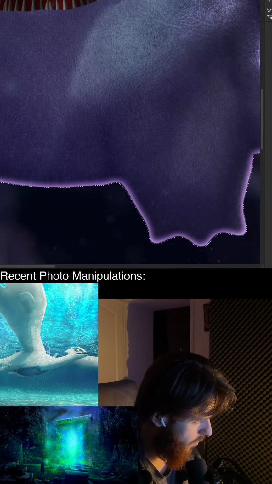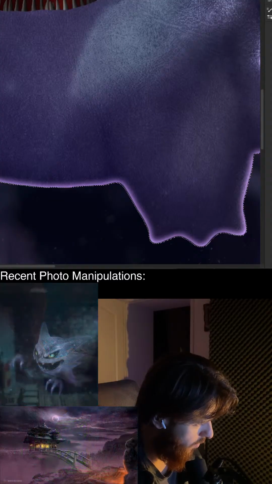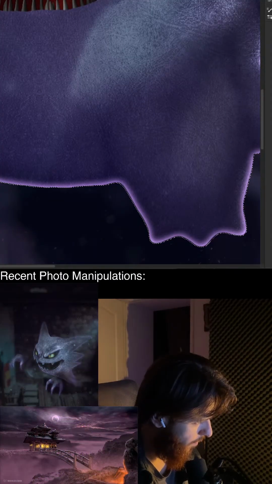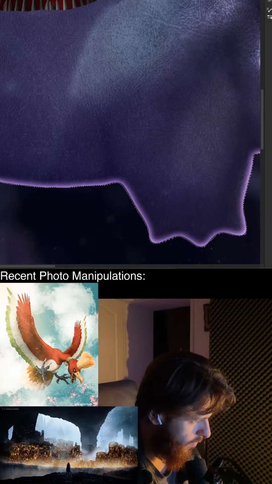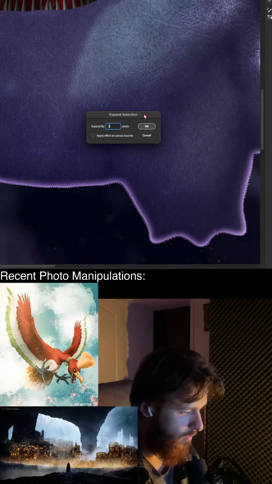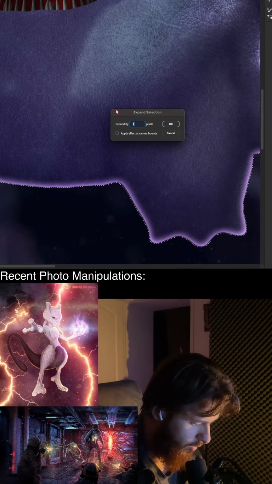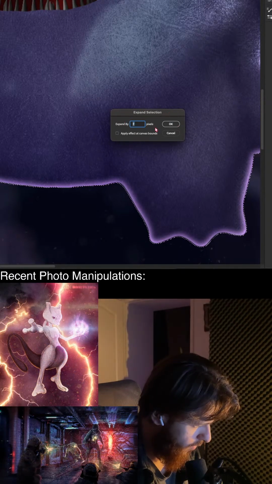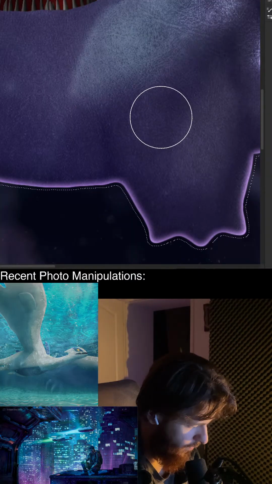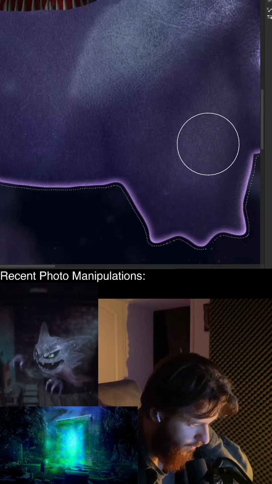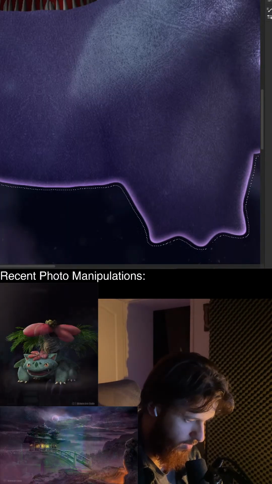Oh, not like this. Modify, expand. Sorry, that pops up here on my other screen. Maybe let's say 5 pixels, and then